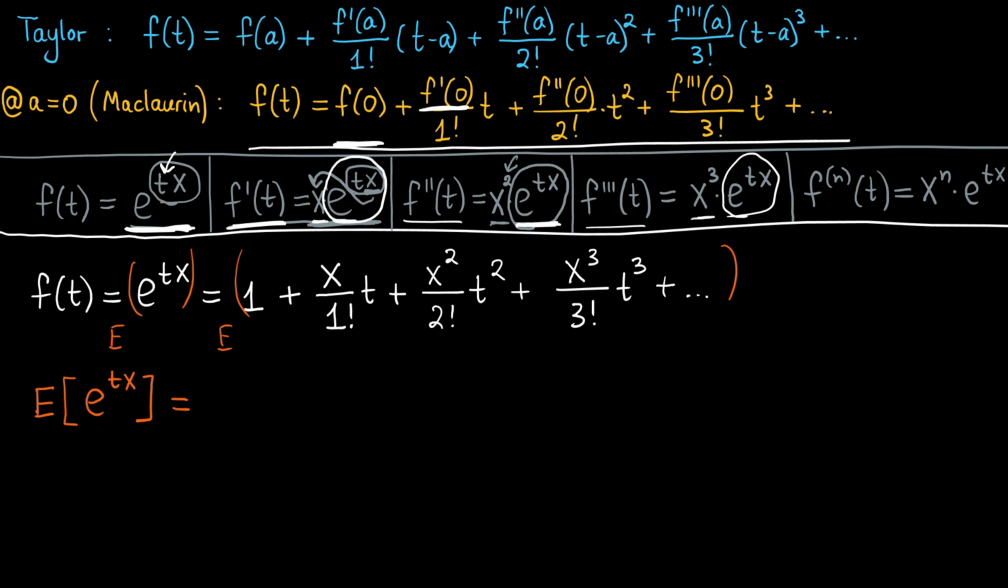X is a random variable, and e to the power of tx is a deterministic function of a random variable, therefore it's also a random variable, so it makes sense to take the expected value of it. Okay, and then on the right side we have what? We'll use the linearity property of expectations. So with regards to the first term, expected value of 1, well, expected value of a constant is just a constant, so we'll write that as 1